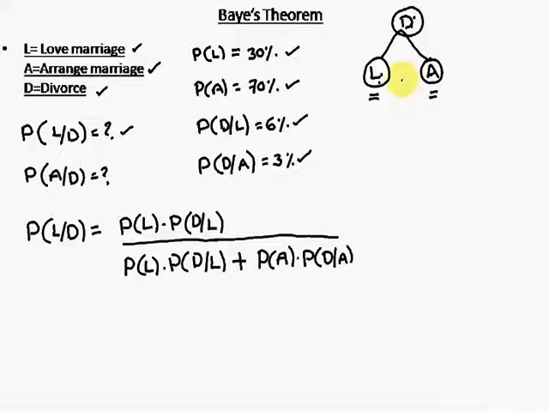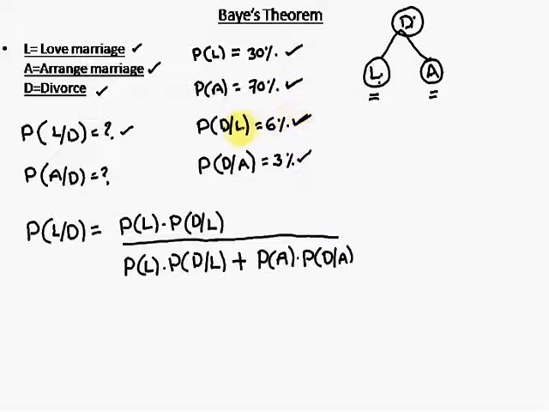So just once again we will discuss what is meant by the Bayes theorem concept. In a society you come across love marriages and arranged marriages, and for these two you also come across the concept of divorce. L is love marriage, A is arranged marriage, D stands for divorce. The data provided in the Bayes theorem is the probability of love marriage, the probability of arranged marriage,